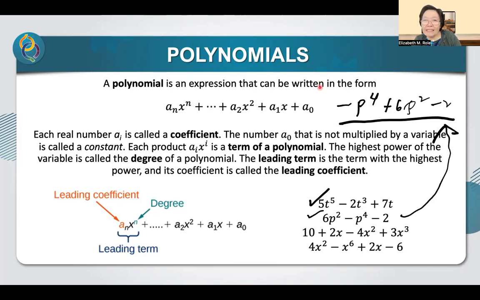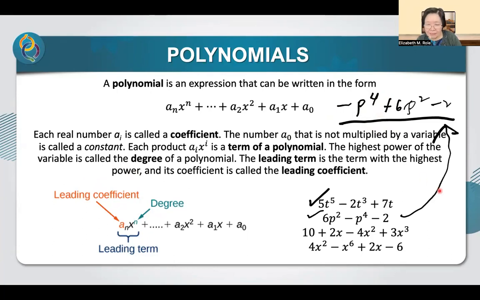And so your leading term is minus p to the fourth. Your degree is a 4. And your leading coefficient is minus 1. Are we okay? Yes. So the leading coefficient is minus 1, and then the degree is 4. Your leading term is minus p to the fourth. So it's not actually necessary to write it this way, as long as you know how to identify the leading